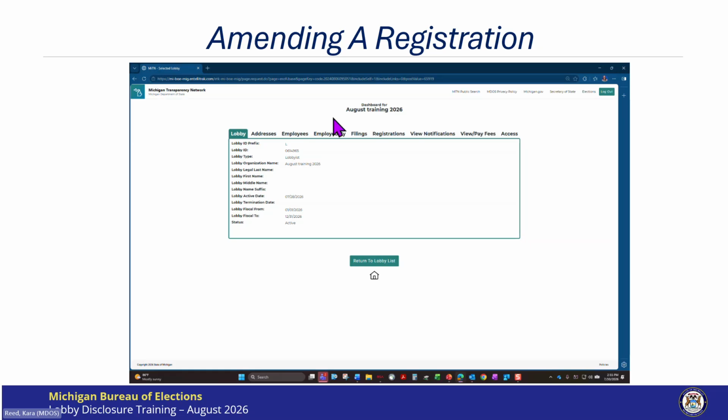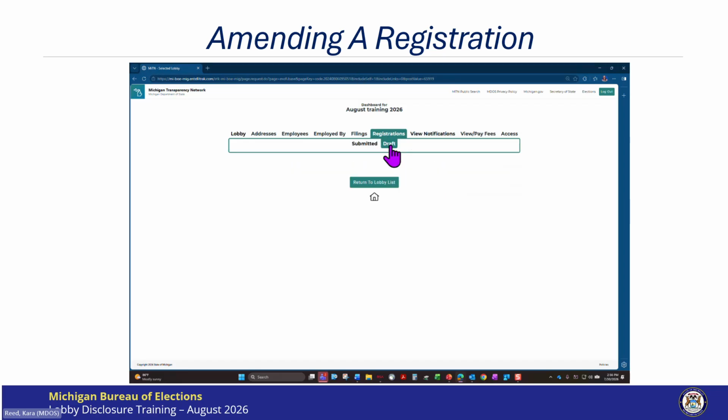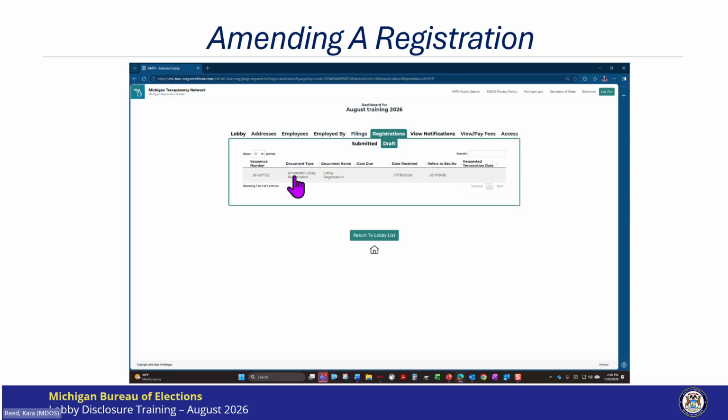If I click Registrations and then look, there is red static text letting me know that there is already an amendment in process. This will prevent me from having more than one amendment in process at one time. If I click the Draft tab, my In Progress Amended Registration shows.